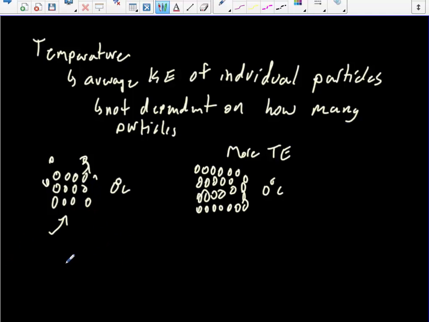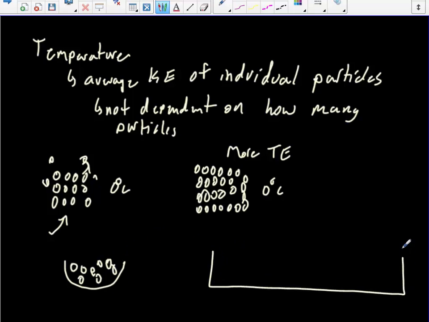However, if you consider a little tiny cup of coffee, and it's a liquid, so you've got these things in here, and then you consider a giant frozen lake. These particles are locked in position, very little motion, so very low temp. But there's hundreds of thousands and billions and trillions of them over here. And a cup of coffee, you have high temp, but you only have a few atoms compared to a lake. Then this is actually going to have less thermal energy. So the thermal energy does depend not only on temperature but also on how many. Okay, so one atom moving really, really quick has a high temperature, but it has less thermal energy than lots of atoms moving fairly slow.